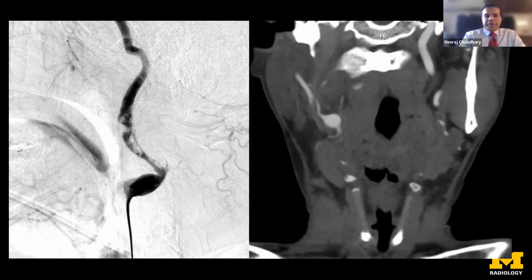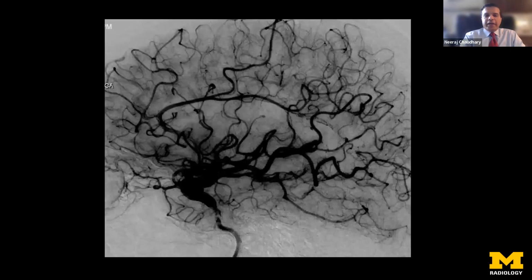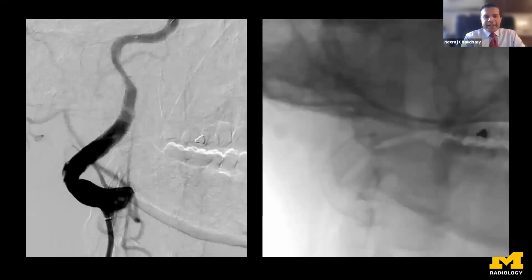So we decided to treat this. We gave the patient dual antiplatelets, some Integrilin during the procedure, and then you can see here an angiographic image of that slow flow in the opercular sulcal blood vessel that we were seeing on the MRI on the FLAIR sequences. You see these void areas. This is blood contrast percolating into those opercular branches, which are not perfusing well. That is what I was trying to point out, why you see that bright signal on the FLAIR sequence. So we went ahead and stented